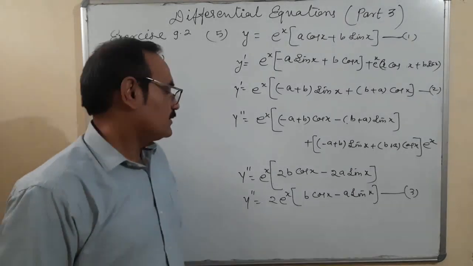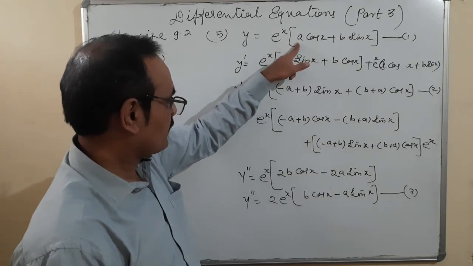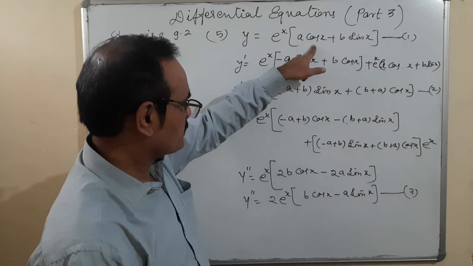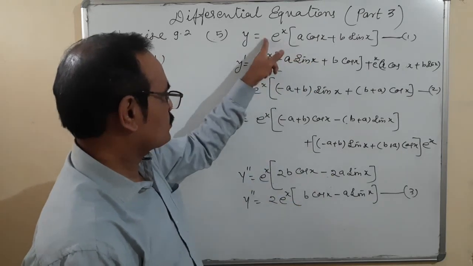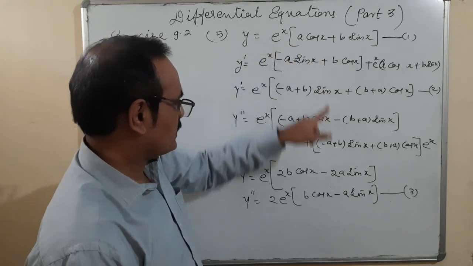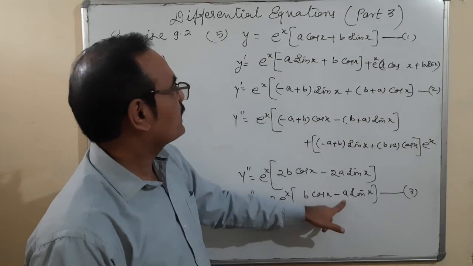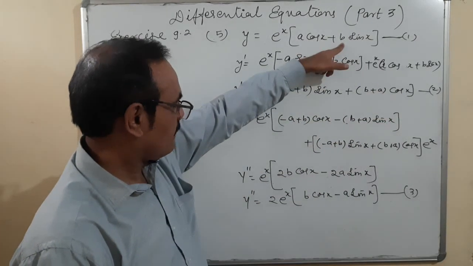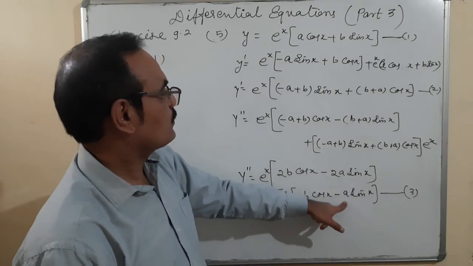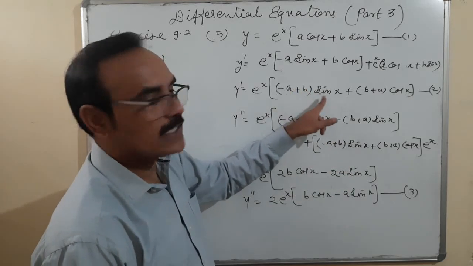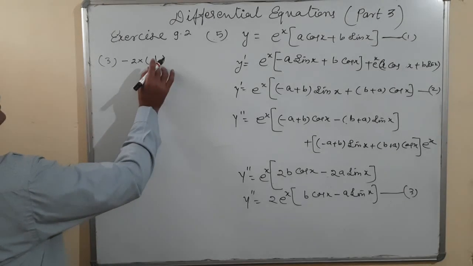Why am I doing it? See, when you multiply it by 2, it is 2a, 2a cos x. And this 2 is to be outside here. So a cos x and that is b cos x, it is a plus b cos x. And it is minus a sin x, b sin x and minus a sin x. So what is coming here? b minus a sin x. Okay. So that's why we have to do one thing: equation number 3 minus 2 multiplied by 1.